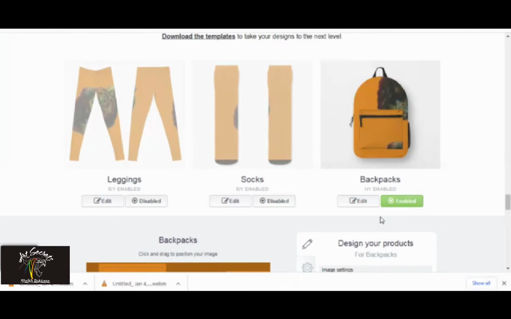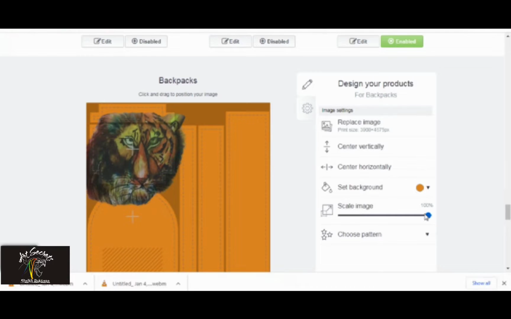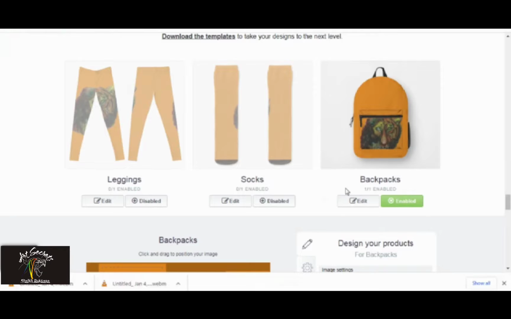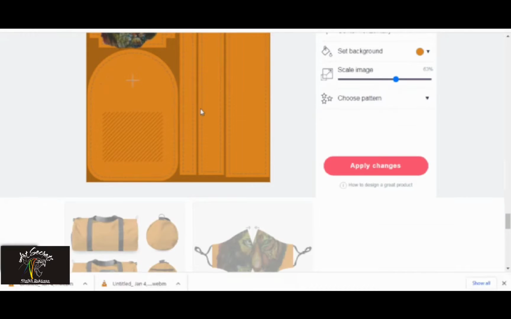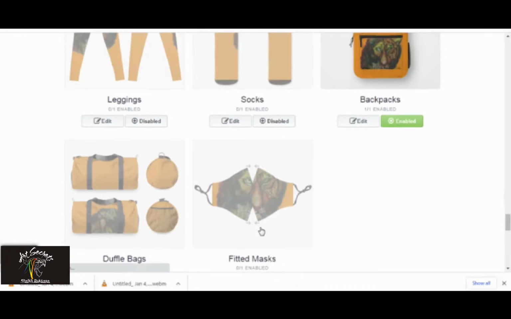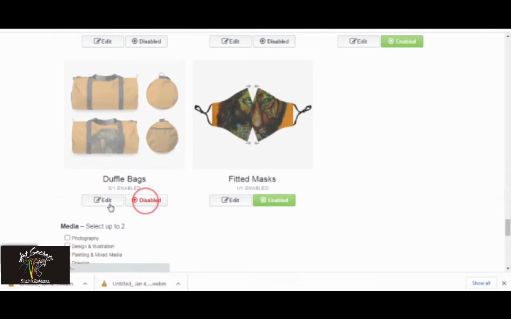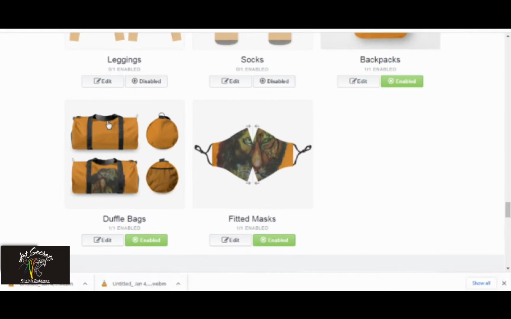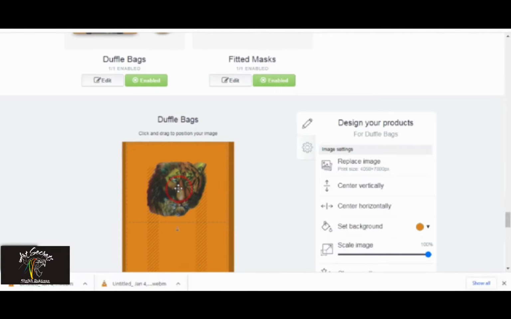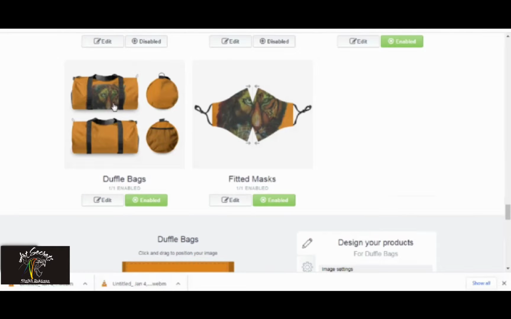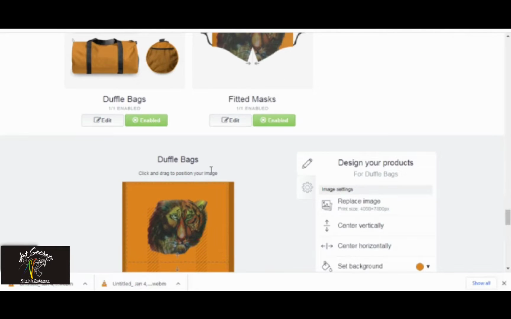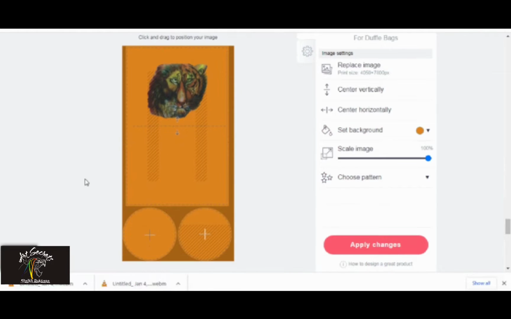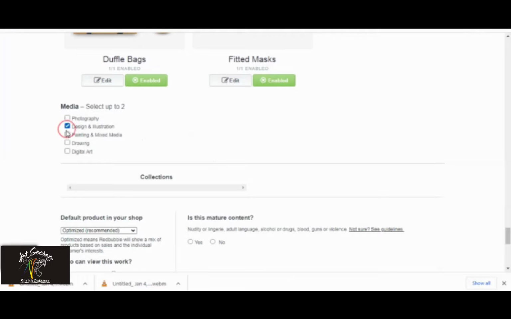Now for the bag designs also, you have to see where you want to place the artwork. It can be on the upper pocket like this, so you can drag it and put it over here. And there you can get the bag artwork output properly. And in this big carry bag, you can just take the artwork a little upward. Yeah, you have to just drag it up so that the artwork is completely seen over here. If the artwork is down, it will be seen as a reverse one. So these are the things which you have to keep changing.